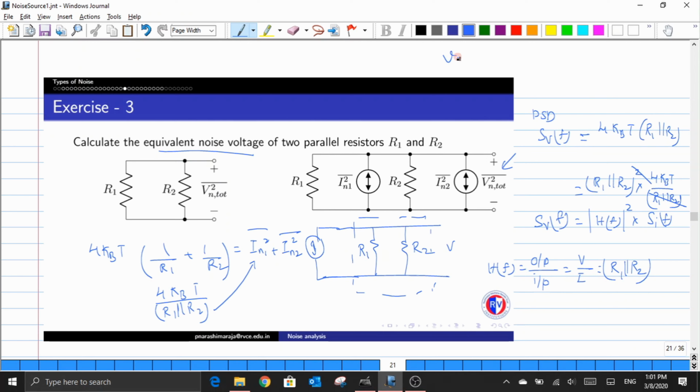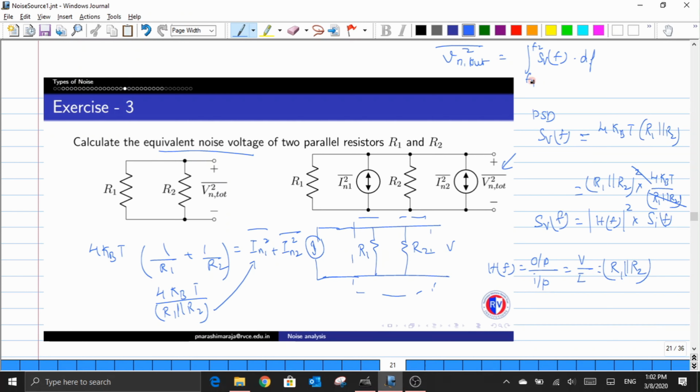So let me write that as Vn out square, which is evaluated from this power spectral density SV of f times df. But right now we know that we are not being asked for the total power, so the integral cannot run from minus infinity to plus infinity, nor are we being given a specific band to be computed, and due to which